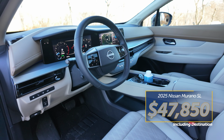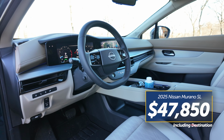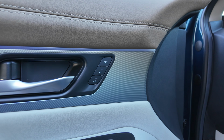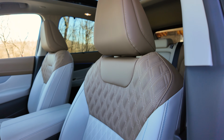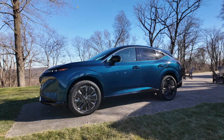Move up to the Murano SL trim for $47,850 if you want additional features including the Google built-in system, 3D around view monitor, driver memory seat settings, and a panoramic sunroof. And for the most premium Murano that includes 21-inch wheels, massaging front seats, heated rear seats, and two-tone quilted leather seats, the Platinum trim starts at